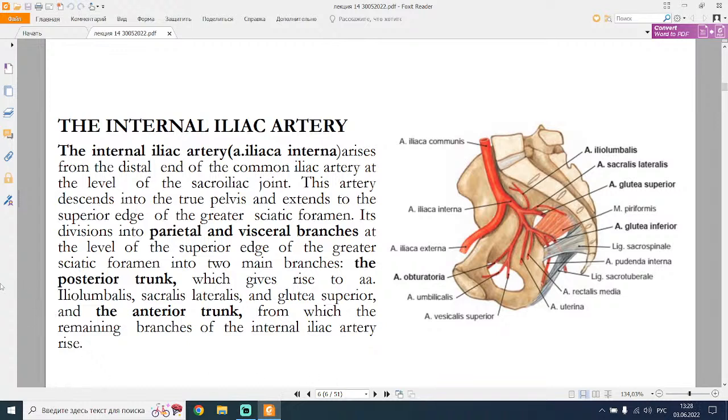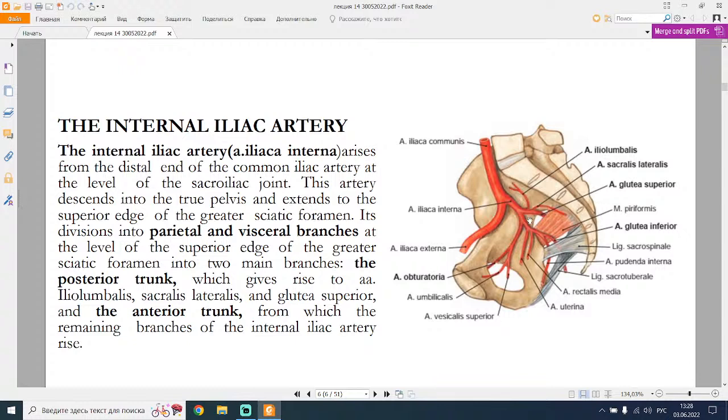The internal iliac artery, arteria iliaca interna, arises from the distal end of the common iliac artery at the level of the sacroiliac joint. This artery descends into the true pelvis and extends to the superior edge of the greater sciatic foramen. Its division into parietal and visceral branches